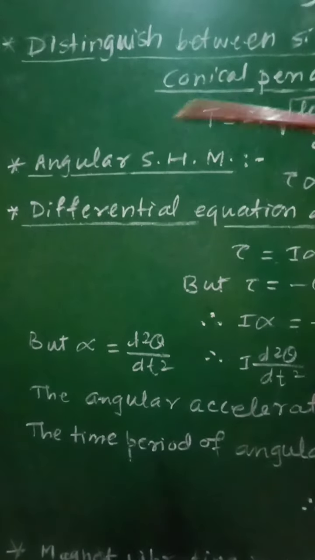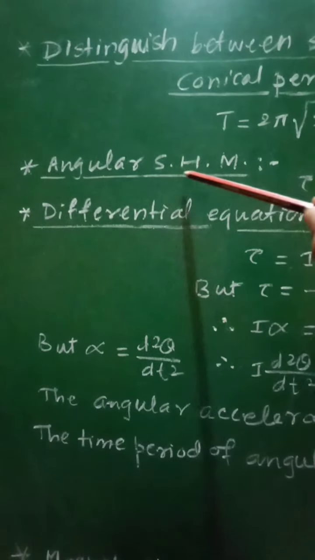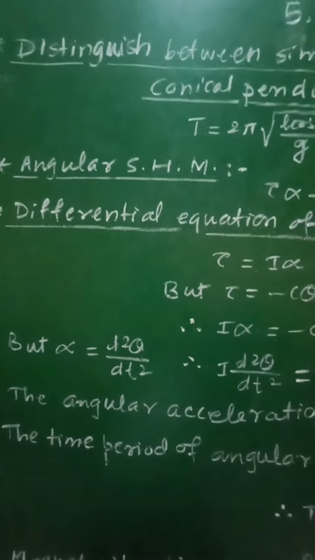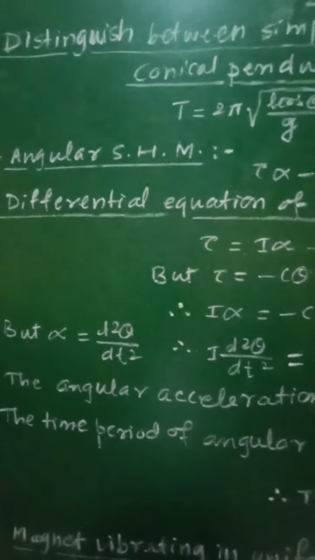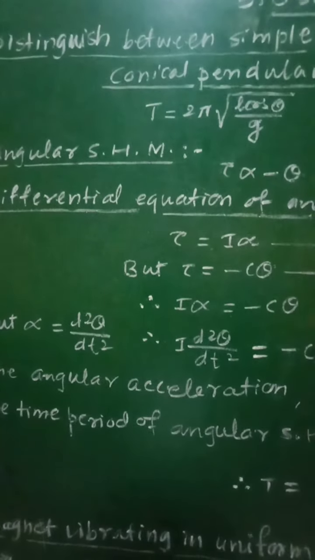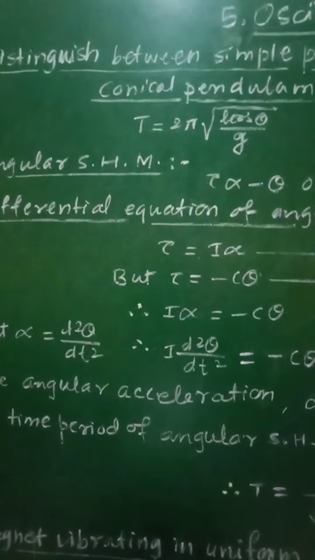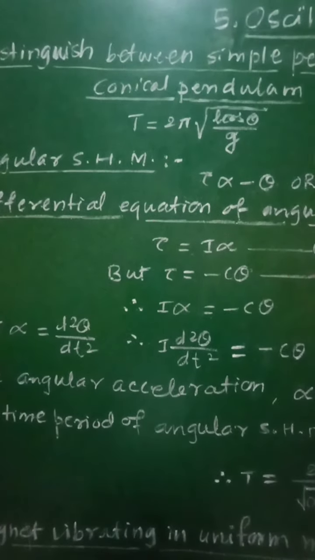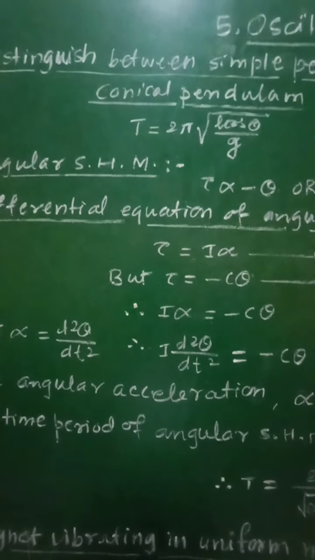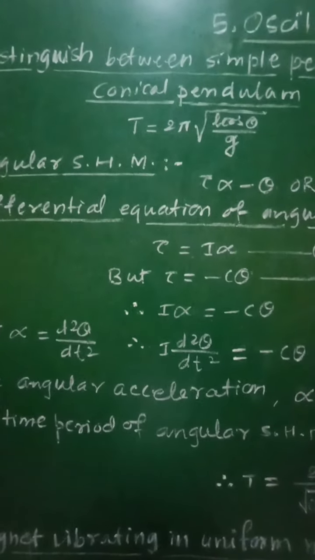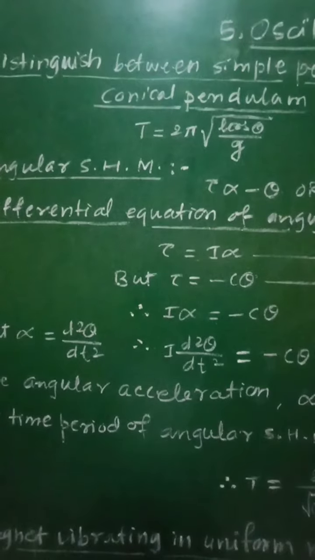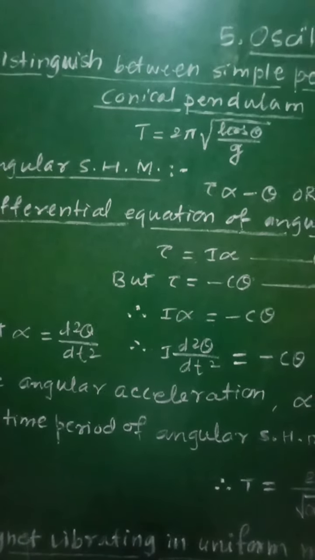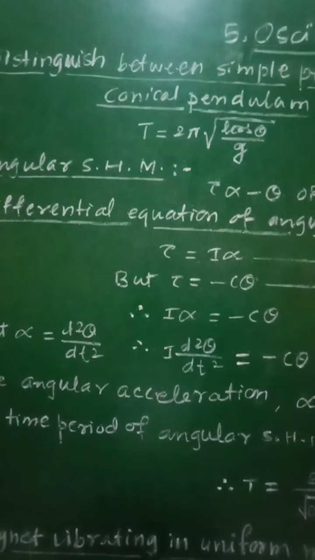Now let us see the next point, that is angular SHM. What is angular simple harmonic motion? So let us define it first. The motion of the body in which the restoring torque acting on the body is directly proportional to the angular displacement of the body and is oppositely directed to that of angular displacement from the mean position is called as